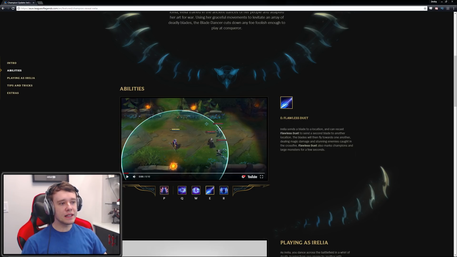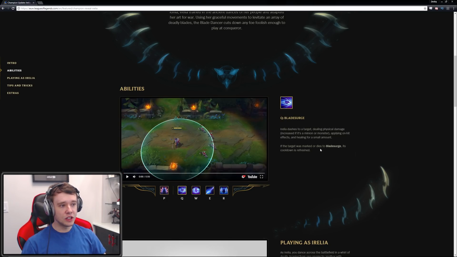So, IRELIA sends a blade to a location and can recast flawless duet to send a second blade to another location. The blades will then fly towards one another, dealing magic damage and stunning enemies caught in the crossfire, and flawless duet also marks champions and large monsters for a few seconds,